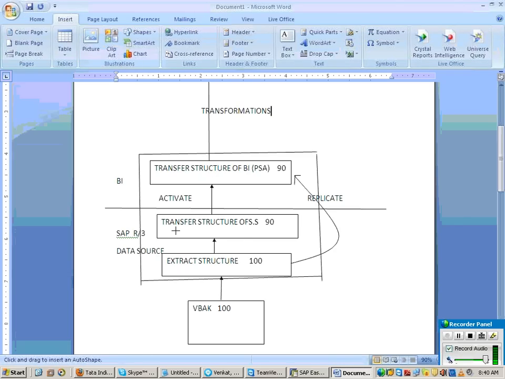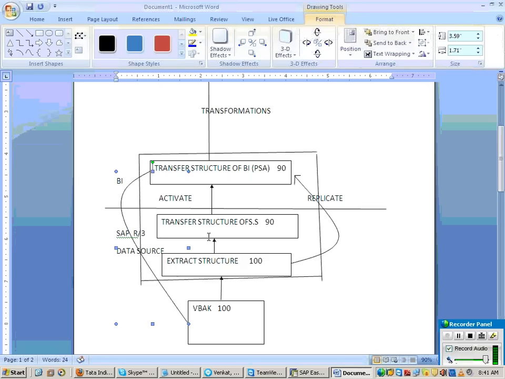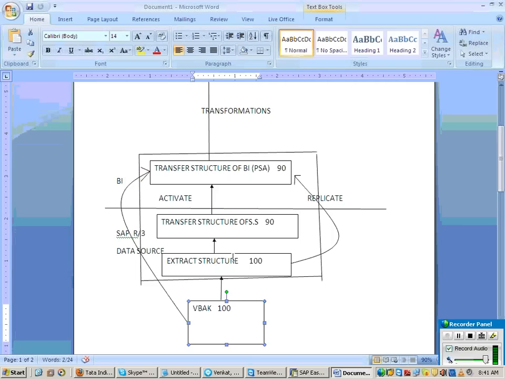Next, what you have to do is trigger one info package. When you trigger the info package, data from the VBAK table will come through the extract structure, then through the transfer structure.